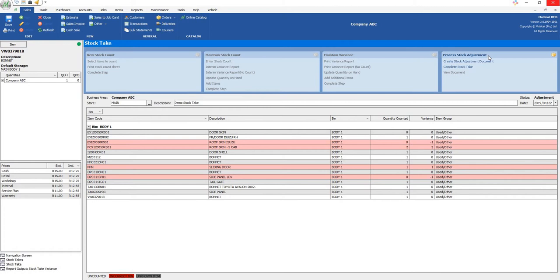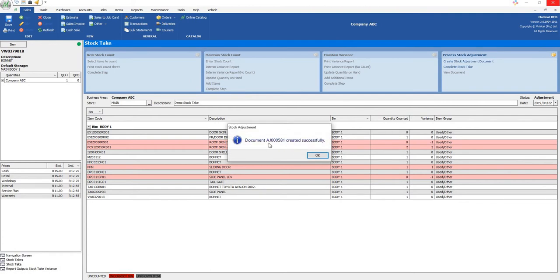Now it's important to note before I start step 4 is that in each of these steps there's no physical stock movement on the system whatsoever. It just serves as a means to basically refine your final stock adjustment and do double checks on the quantity you've counted before you actually complete your stock adjustment. Okay, I'm going to quickly just create that stock adjustment,